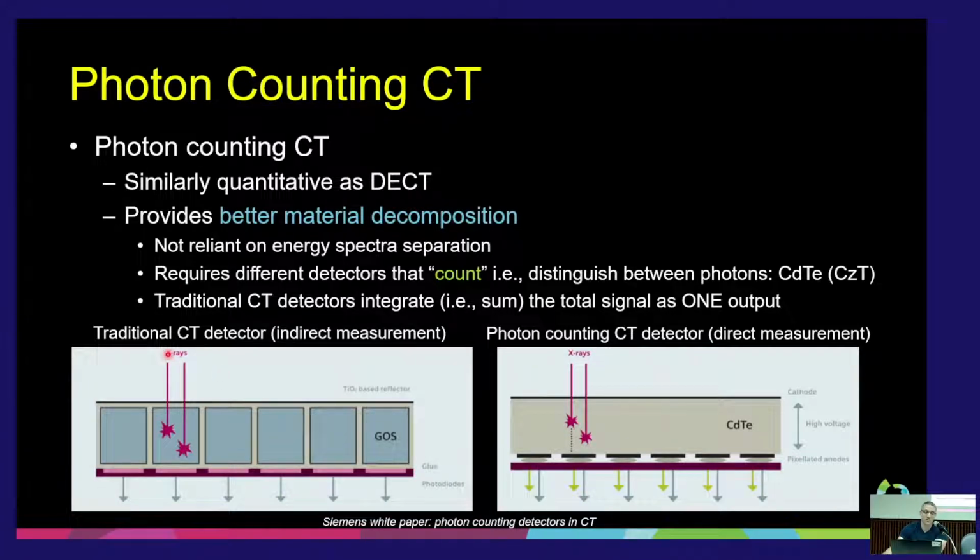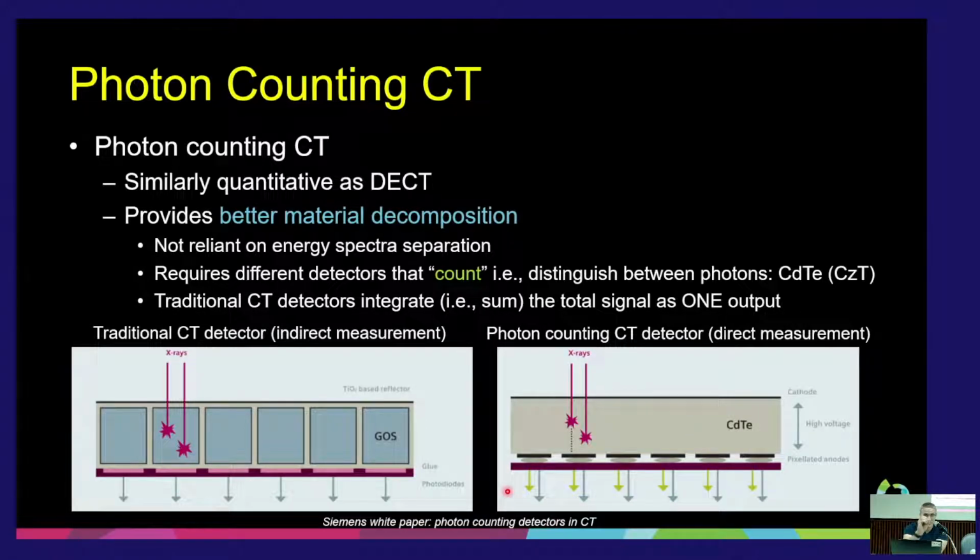So our normal energy integrating CT scanners, which we have today, the X-ray comes in, it interacts with some kind of scintillating material, the X-ray turns into light, the light is collected onto the electronics, and then we get the signal out. So every scintillating event that occurs in that detector at a certain moment in time, it could be one, it could be two, it could be three or five,